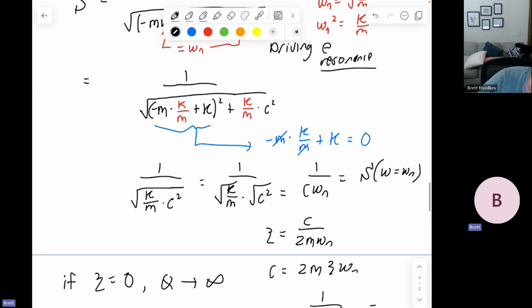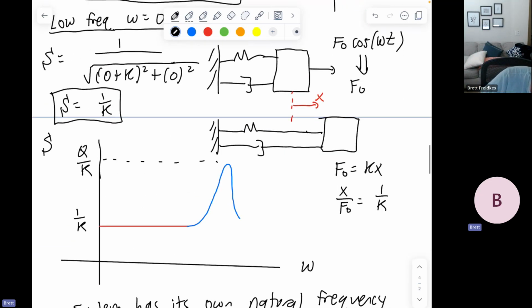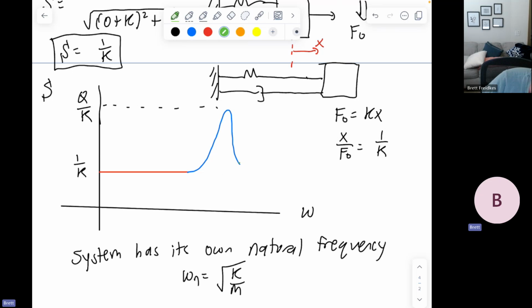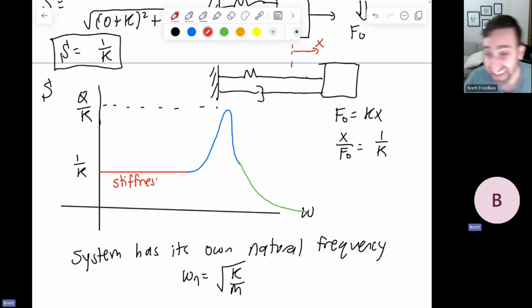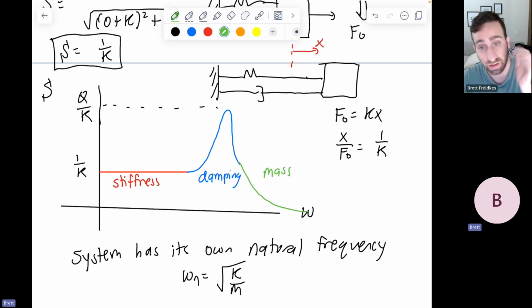And that's why if we come back up to our graph, we'll see that as we go to higher frequencies, this will just drop to 0. So this region is stiffness dependent because at low frequency the only thing that matters is the stiffness, basically, the K. Over here, we say that this is damping dependent because the height of that peak depends on the damping in the system based on Q, which is 1 over 2 zeta. And then over here, we have what is mass dependent in the system,